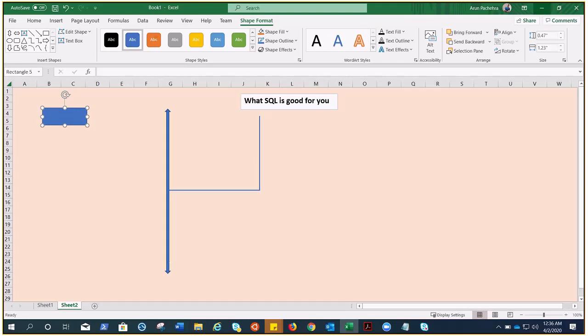So there are a few options for the SQL database, but what is good for you? Maybe you're migrating from your on premises to Azure and you want to opt for the SQL options. Maybe you are creating a new infrastructure. Maybe you're starting a new startup and you need the resources on Azure for your database purpose. So it depends. Out of these options, what is good for you? So today's topic is what SQL is good for you.